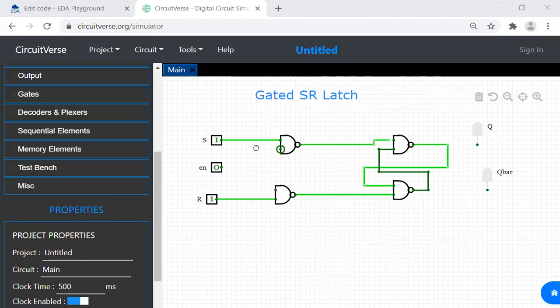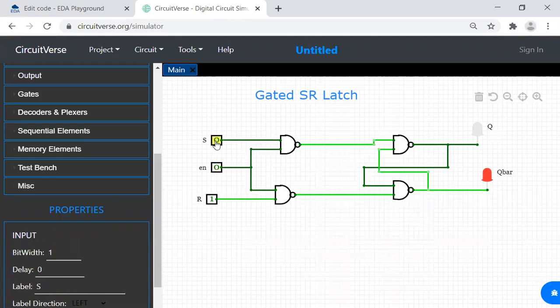So this is the enable circuit, the enable signal I have given over here. I have given an enable signal. And this circuit works when enable is 1, and it is not working when enable is 0. This is an active high circuit. Now what happens? I'll give an input as say 0 and 1.